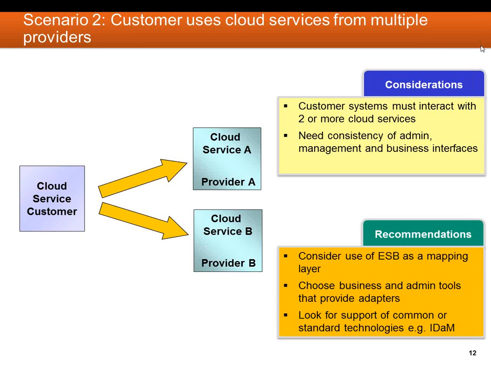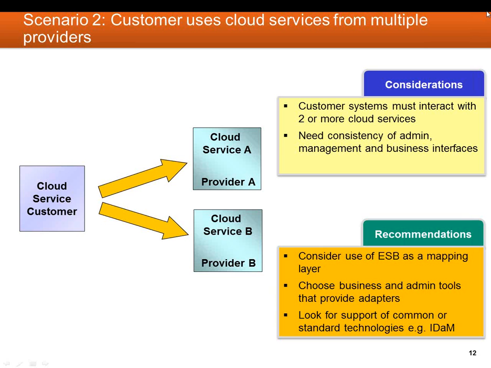And you should also be looking out for the service to support as many common or standard technologies as possible. So a good example of that, which is very heavily used, is ID and access management. I'll commonly need to be able to log my users into Cloud Service A and Cloud Service B. What I'd like to have is a common technology for doing that. I should be looking for both services to support, for example, third-party identity and access management, so I can use either a cloud-provided ID and access management tool or indeed use my own in-house ID and access management system,